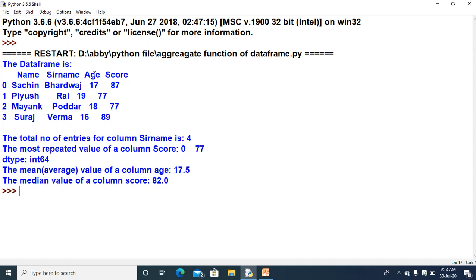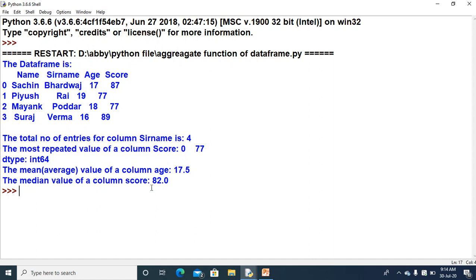This is only for the specific column age because I have written age only, to find the mean. But mean, median and mode are not only for a specific column. They can be applied to rows also, but the values should be numeric, and for the whole data frame, as well as for the whole series, as well as for any specific column. So these three functions are not only for a specific column, but can be applied to the whole data frame, the whole rows as well.